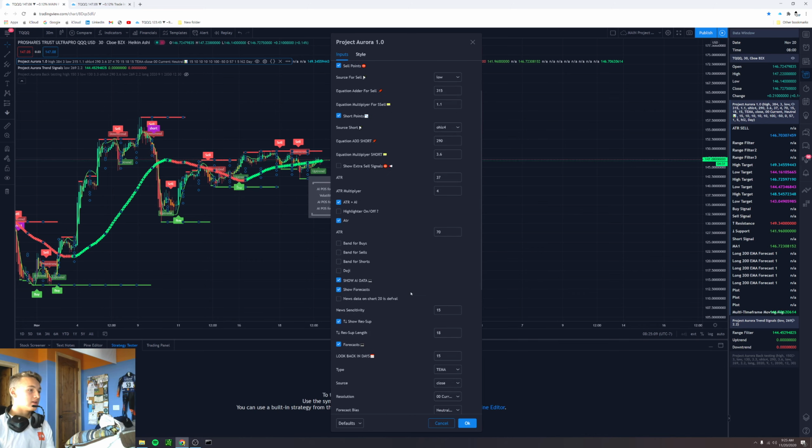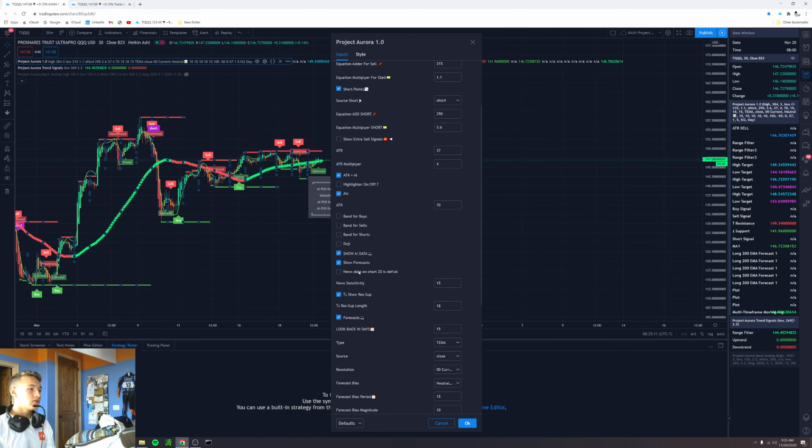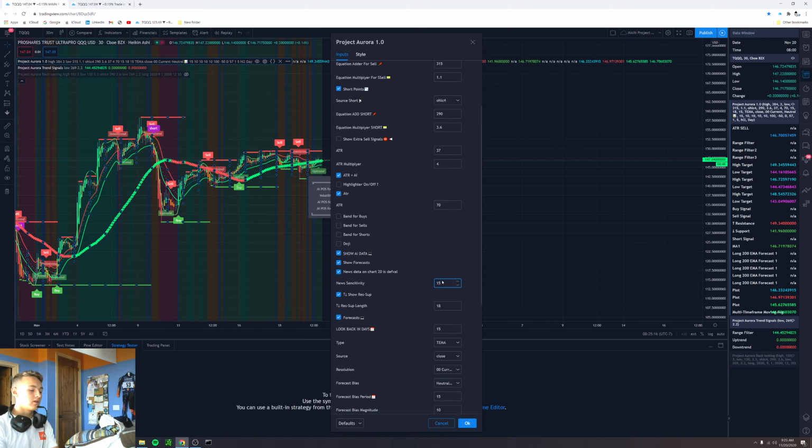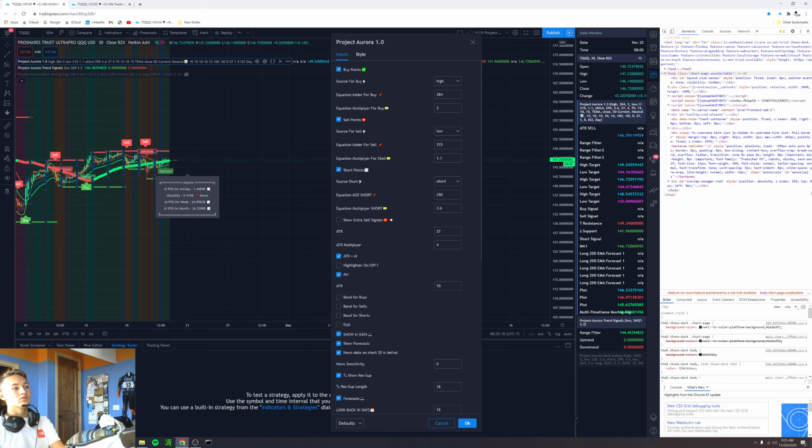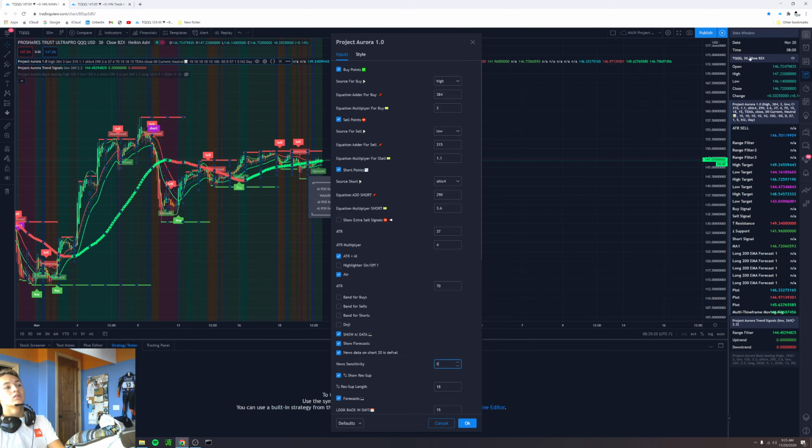So if I keep going down here, if you want to show news on chart and then the sensitivity on the chart, so that's it. If I did 5 sensitivity, it's going to look different than 20. So if I go 20, which is stock,